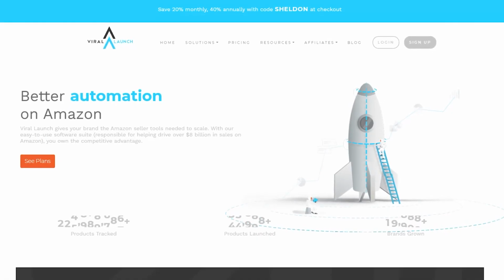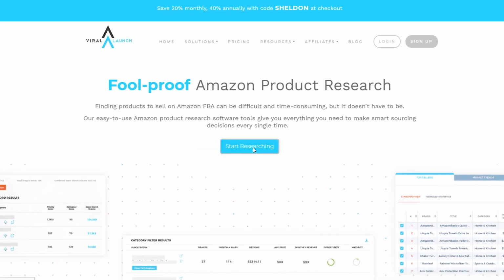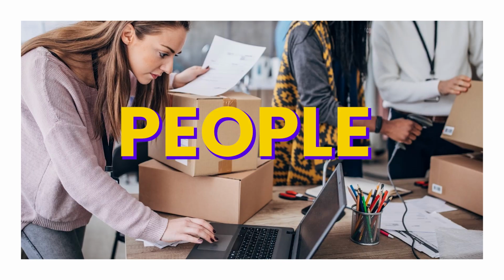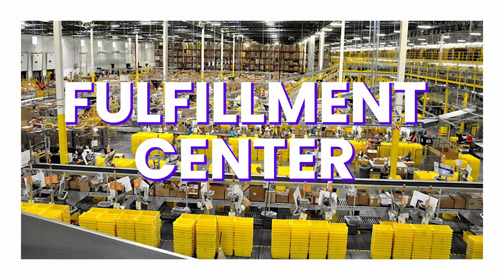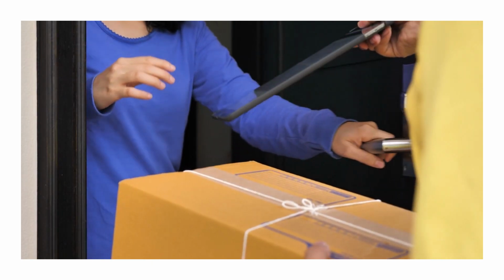So the tool we're looking at today is Viral Launch. It's primarily based for Amazon product research, and they have an extension for Amazon as well. So Amazon is a monument in e-commerce. It's an absolute monolith. And what essentially is going on is it's a dropshipping site. People, vendors, sellers, they use it as a fulfillment center and as a shipping center to get products to the